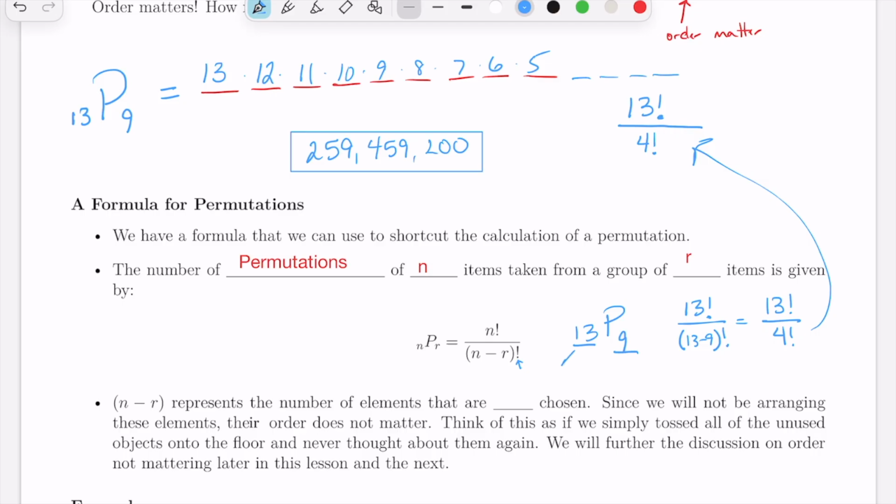Okay, this is the total number of choices or of decisions, and then this is the number of blanks. There we go. So that 13 is the total number of kids, the 9 is the number of blanks. Okay, there we go. Now the n minus r, that bottom part of this,